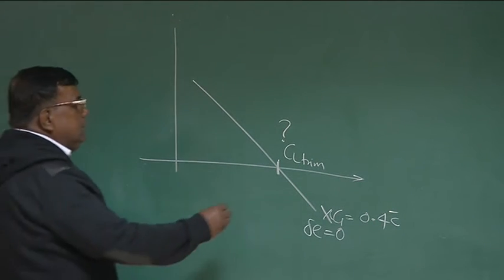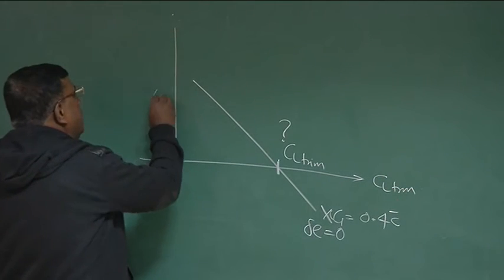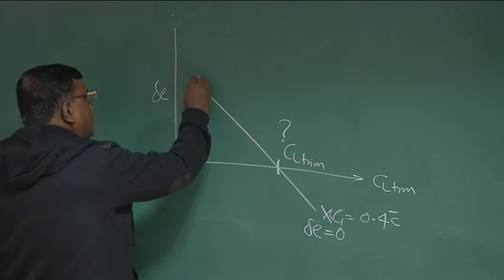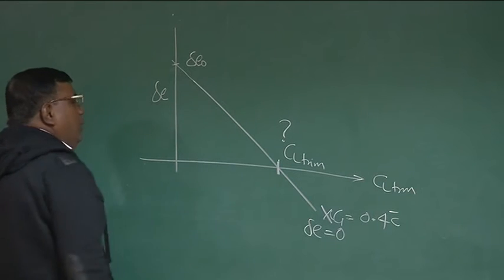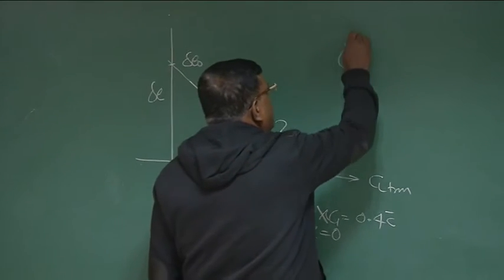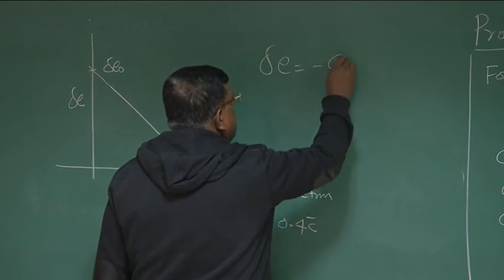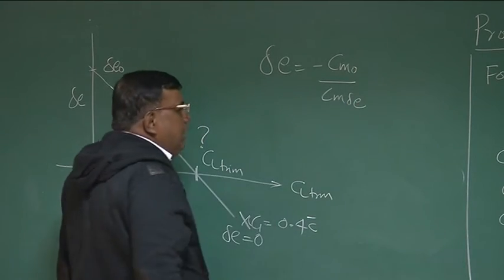Okay? So this is CL trim, this is delta E. If I increase this, this is delta E naught. We will make one assumption here. Ideally, if you see what is delta E naught, delta E naught is minus Cm naught by Cm delta E. So if the CG is changed,